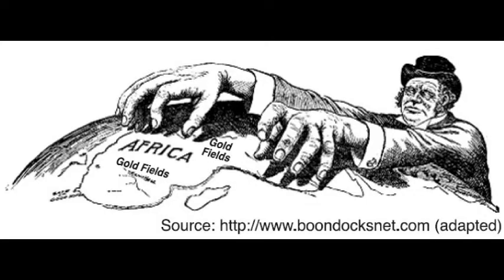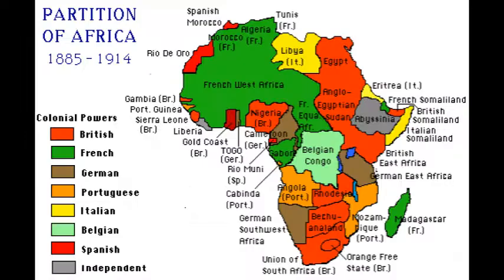So all this tension is going to build up over time, particularly between Britain and Germany and France and Germany. And Germany is going to feel as though it's being kind of kept out by those two countries, even though they do have a sizable empire of their own overseas. So here you can see a depiction of British imperialism going into Africa for the resources, again, gold that we talked about. In the next cartoon, or next map, you're going to see how all these countries, right, you can